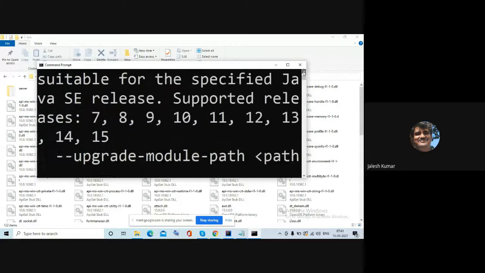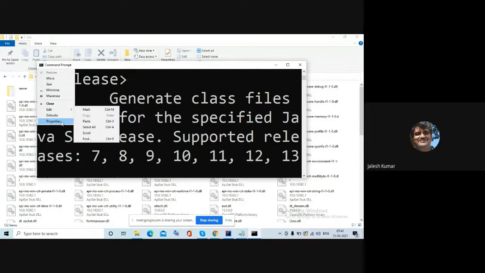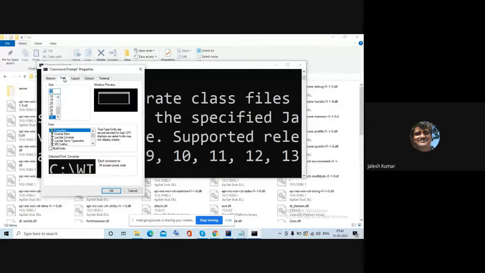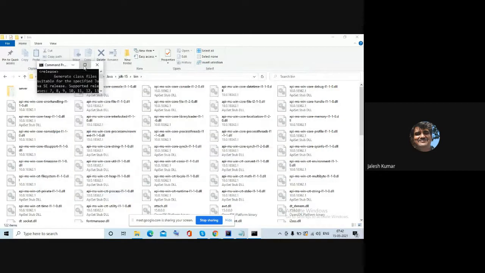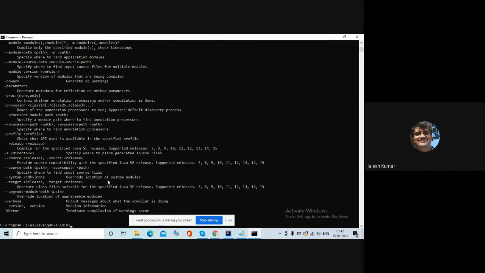Let me reduce the font. See, like this, you will get the command. See, javac, the Java compiler. If you type it, you will get this information.